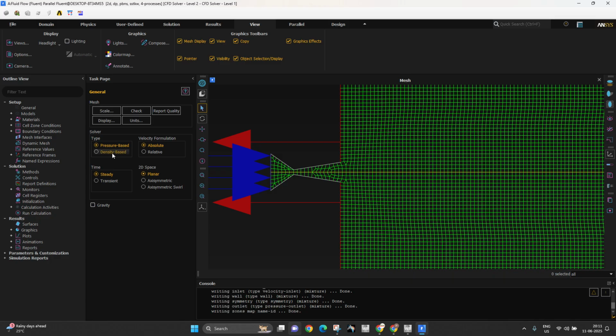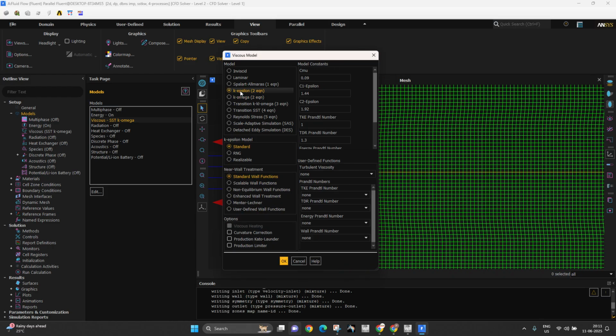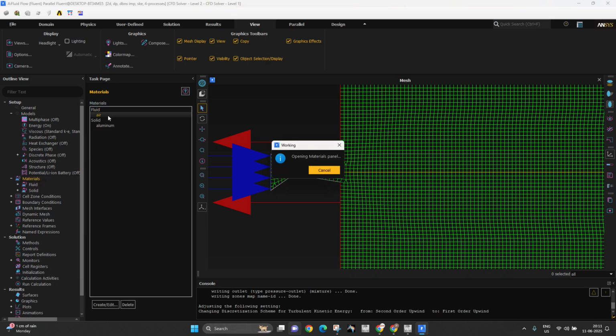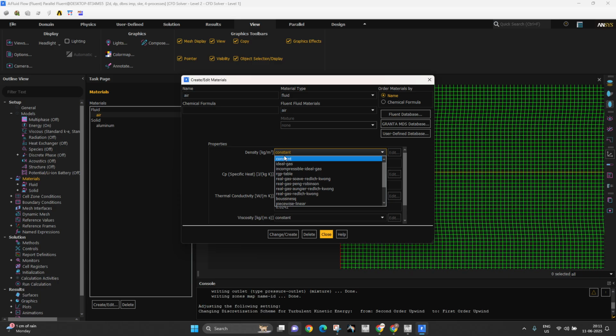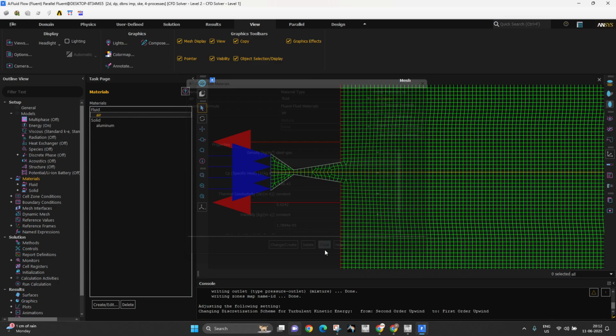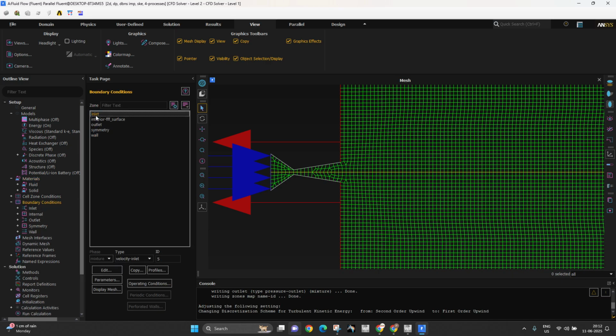Now choose density based, go to models, turn on the energy equation, viscous model, K epsilon, press OK, then go to materials, double click on air, ideal gas, create and close. Next go to boundary conditions, single click on inlet, and now what kind of inlet are you